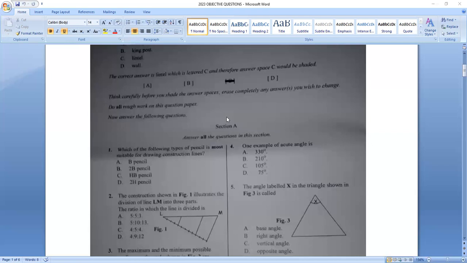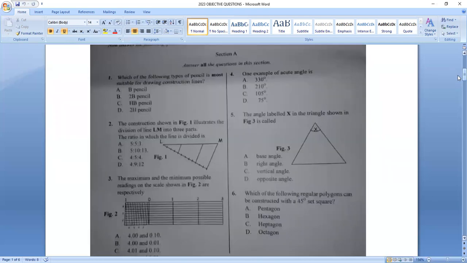Now, let's start with question 1 that says, which of the following types of pencil is most suitable for drawing construction lines? So the answer to this question is option D, that is 2H pencil. Then we move to question 2, which says that the construction shown in figure 1 illustrates division of a line LM into 3 parts. The ratio in which the line is divided is,